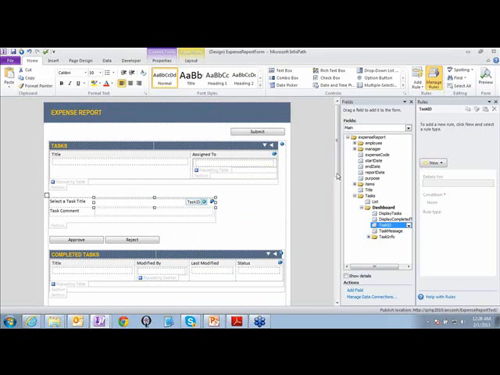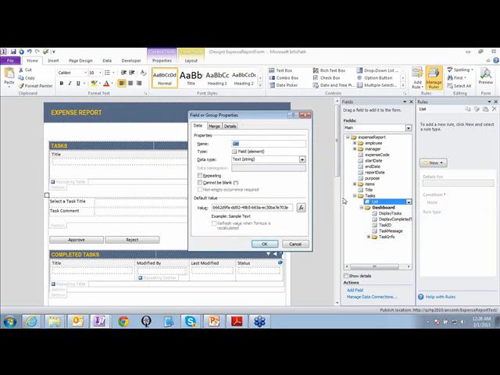And then the third part is you would need to edit the GUID of the list here. Double-click on the list field, and you would see here that I have added the GUID as a default value, and that's the GUID of my task list. If you don't know the GUID of your task list,